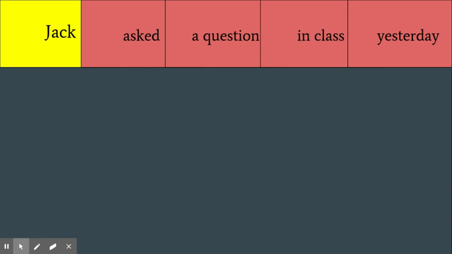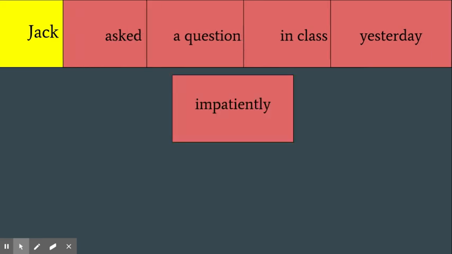Now, what about how? How did Jack ask a question? I'll say impatiently. Jack asked a question in class yesterday impatiently. Notice how the sentence is growing by displaying the chosen response after each question has been answered. Our sentence reads, Jack asked a question in class yesterday impatiently. Do you like that arrangement of words? I don't. What if we change the order so it read,